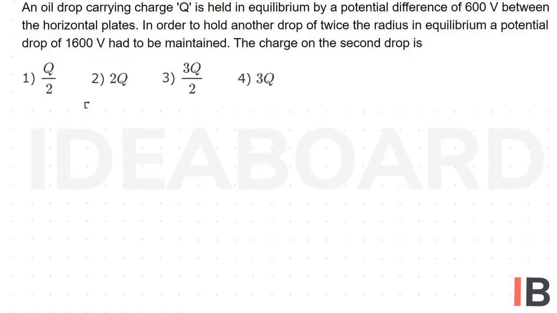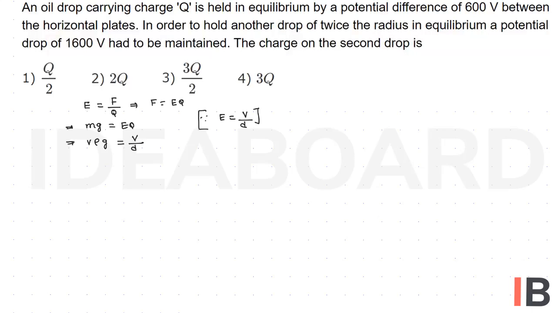Now in the given case, we know the expression for electric field. Electric field intensity is nothing but force acting per unit charge, or F is equal to EQ. F is nothing but mg. So mg is equal to EQ, and here the relation between E, V and D: E is equal to V by D. But mass is equal to volume into density, and mg is equal to